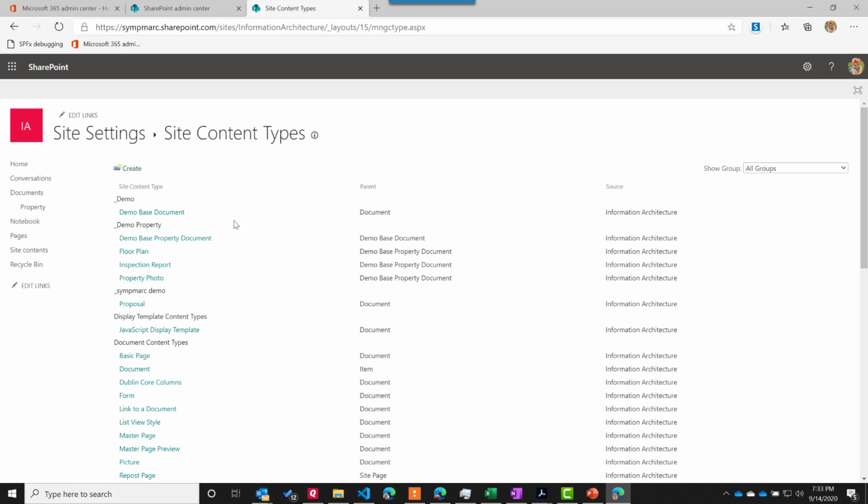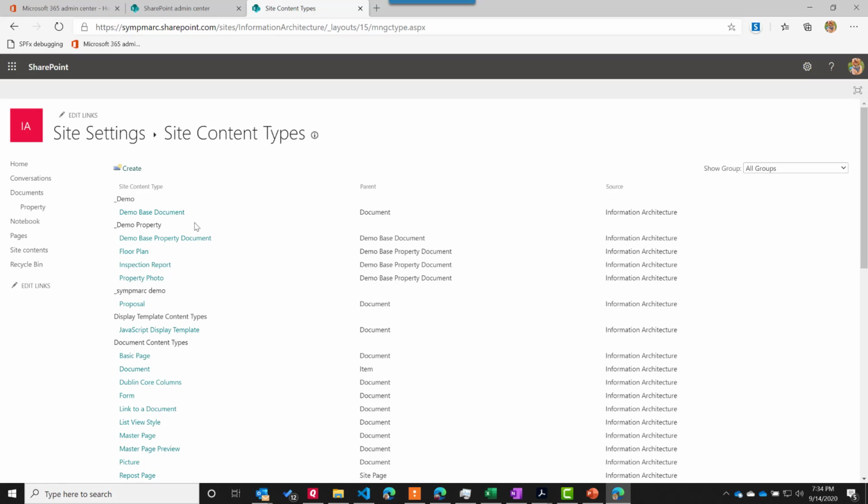I learned that quite a few years ago because I actually had something like, I don't know, 30 content types, and we decided that we needed to add a column to all 30 of them. And I didn't know how to do PowerShell then, and I didn't know how to automate things very well. So I ended up going through all 30 of them and adding that column. It was a real pain in the neck. So I started doing this not that long afterwards, and I think it's just a better practice in case